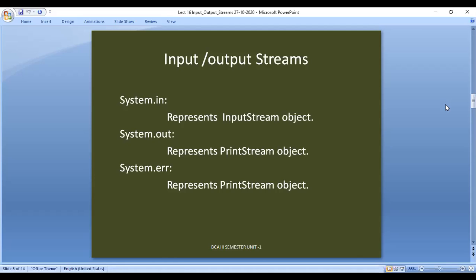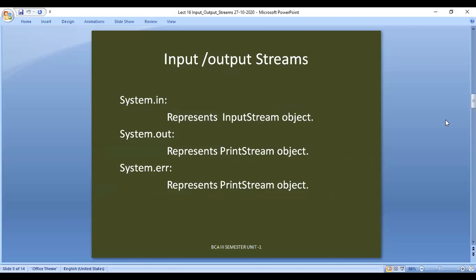Let us say that manually, if you want to display some error messages through the program onto the screen to the user, then we will use System.err. So System.err is a special object representation to display error messages onto the screen, which is an object of the PrintStream class.